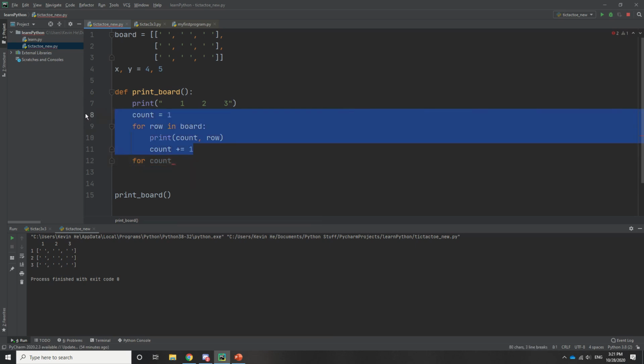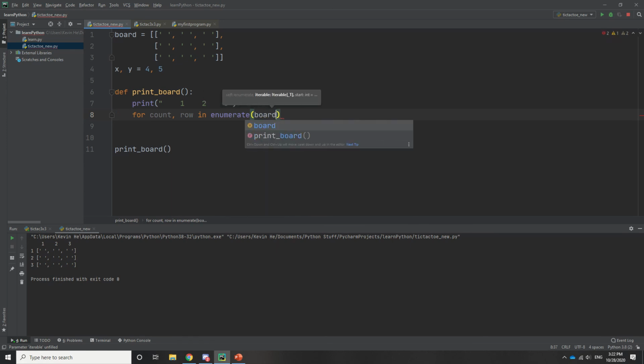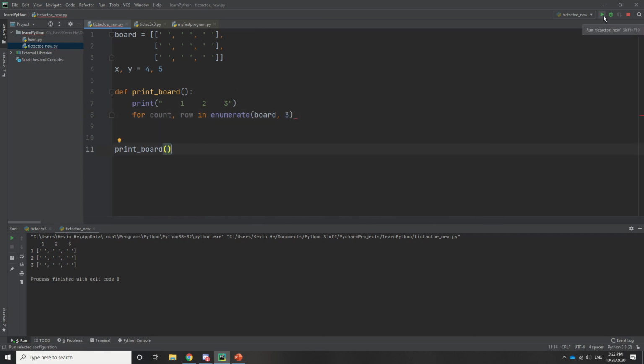We'll get rid of this. All right, so you're going to want two variables for count and row, just like before, except they're both inside the for loop now. For count, row in enumerate, whatever you want to enumerate over, which in this case is board. And then you can set the start integer, and it says right here, we can start at 3. And then if you run this,